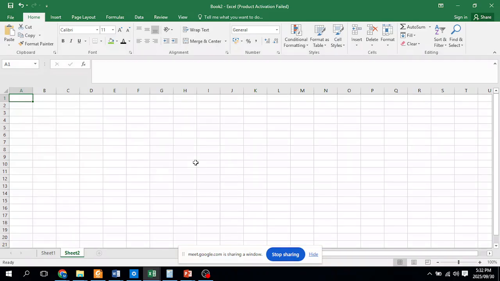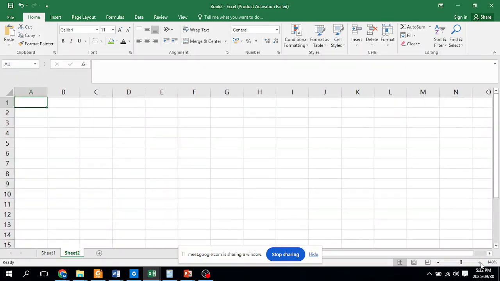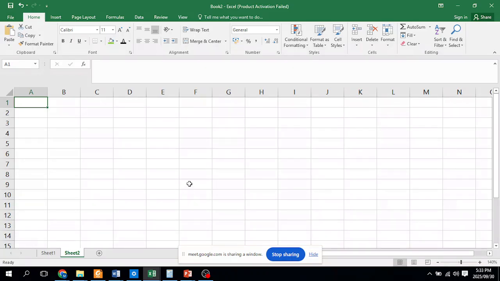Okay, so this is a blank spreadsheet, and we are going to now create a little data table or database. You can call it a database, I guess, but it's more like a data table. And I'm going to make it a little bit bigger so that you can see better. And we are going to create this one that we see in Access. Okay. So it says here, create this, call it dog walkers, and so on and so on.